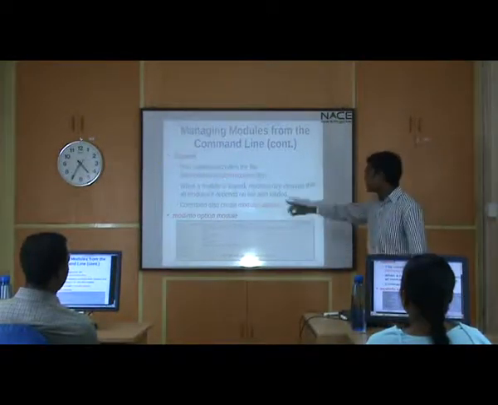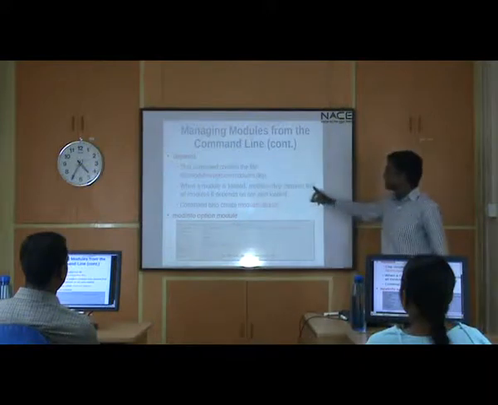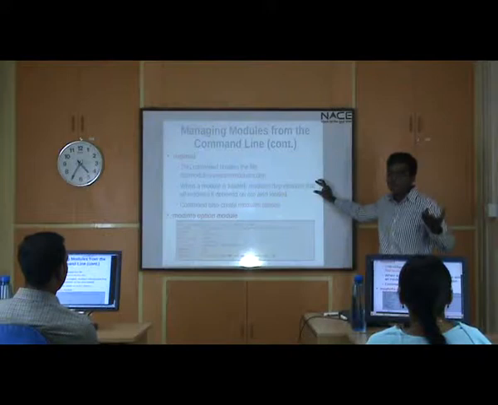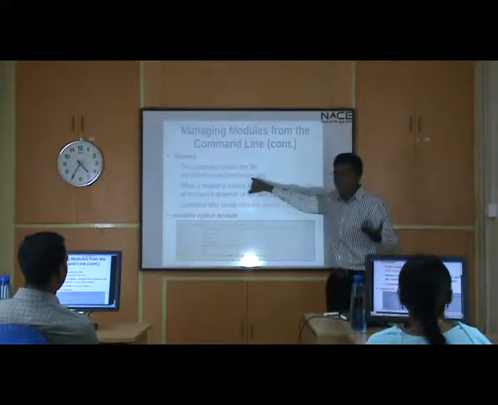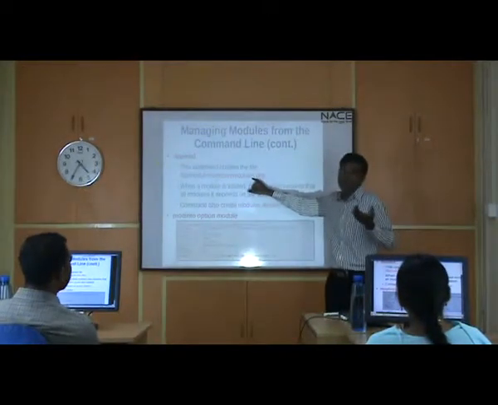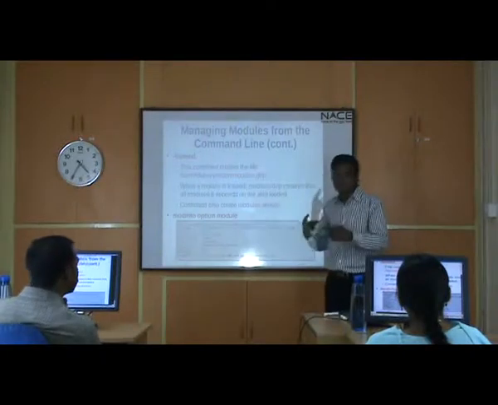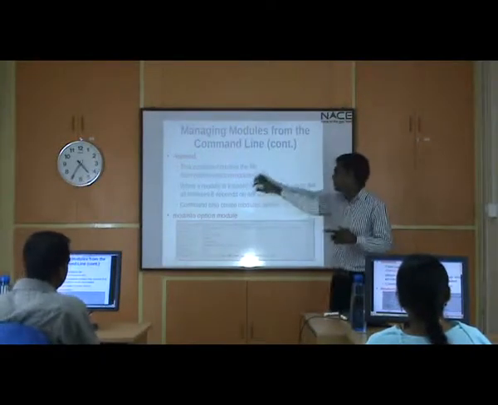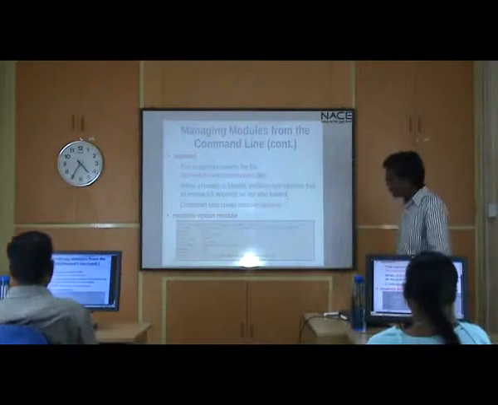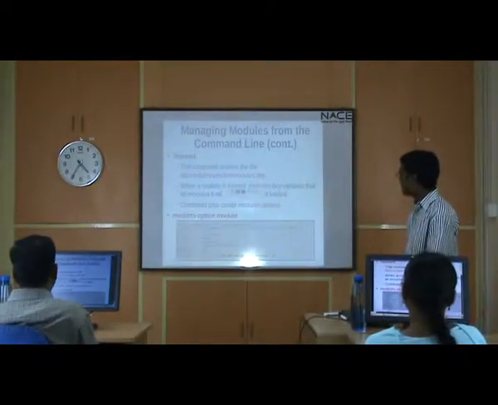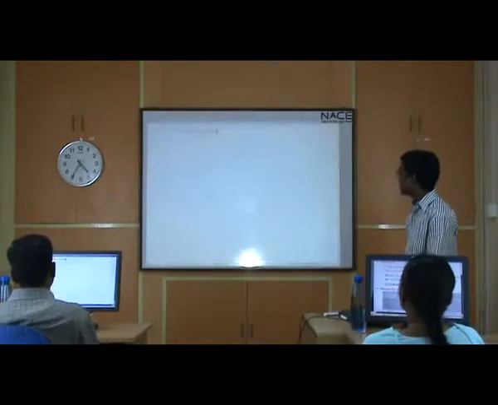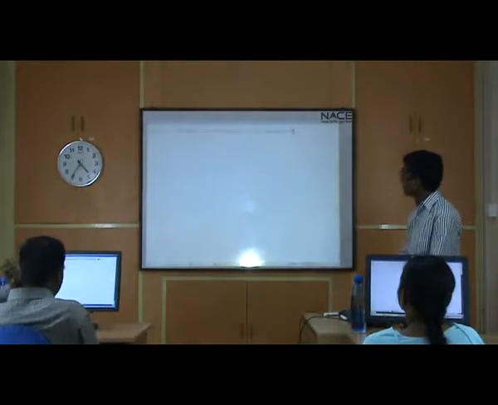So when a module is loaded, modules.dep ensures, again the same point, that whenever you are using the modprobe command, this file gets checked, and it is the main reason for automatically resolving the dependencies. Okay? And we also have something, not a command, again a file called alias.